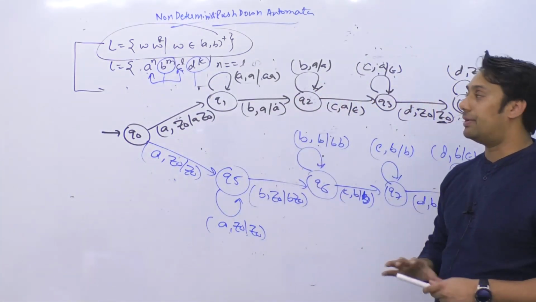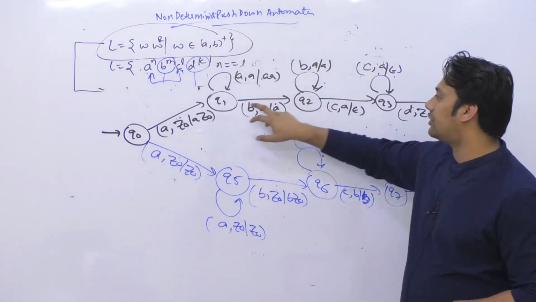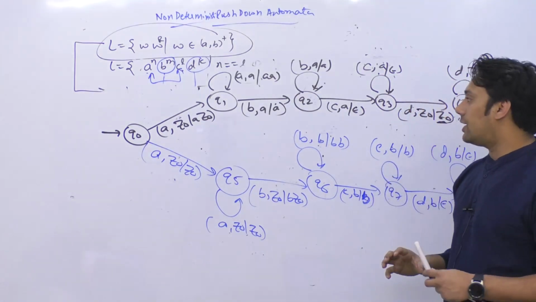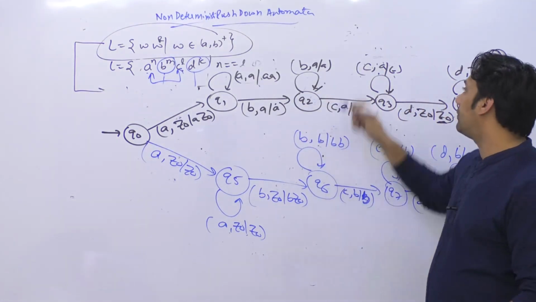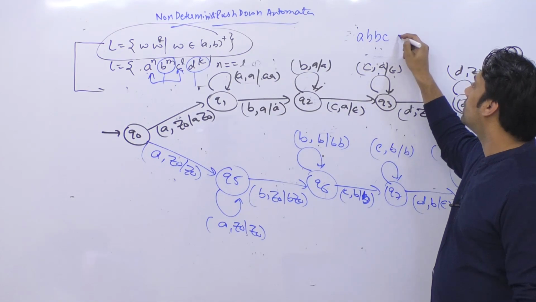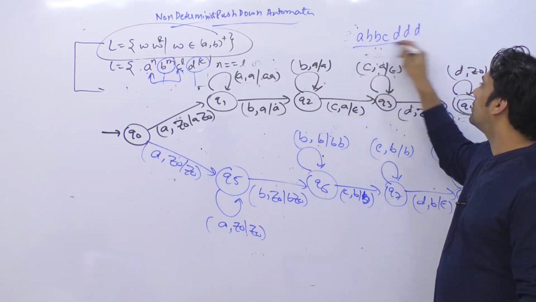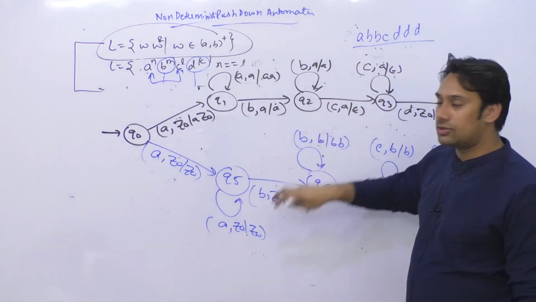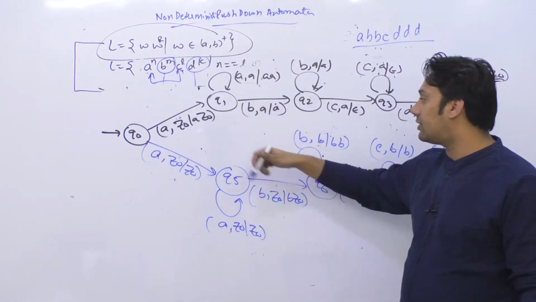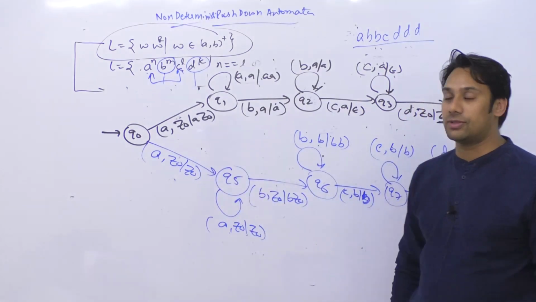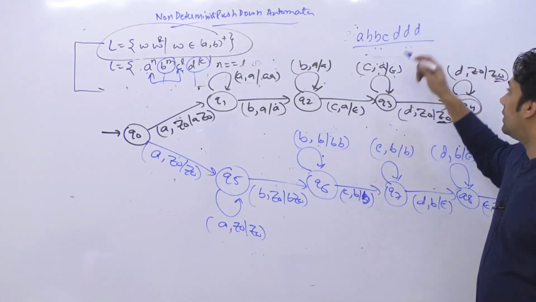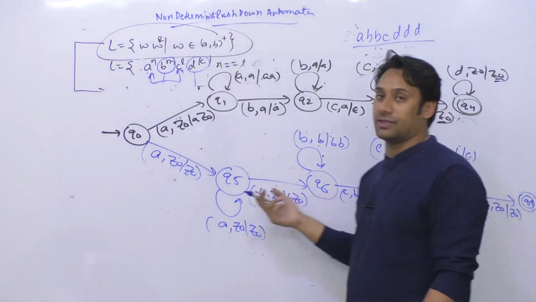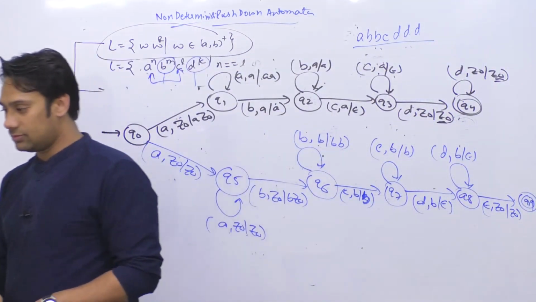So basically what I have done is I have created one initial state and combined two different PDAs here. The first PDA says A should be equal to C. The second PDA says B should be equal to D. Now if we give any string, let us suppose A, B, B, B, C, D, D, D, D, in this string A and C are equal. Whenever you give this string, this PDA will make two different copies of itself, because here we have two different transitions for the same symbol. If any one of these copies can lead to a final state, then we say the string is accepted, otherwise the string is not accepted.